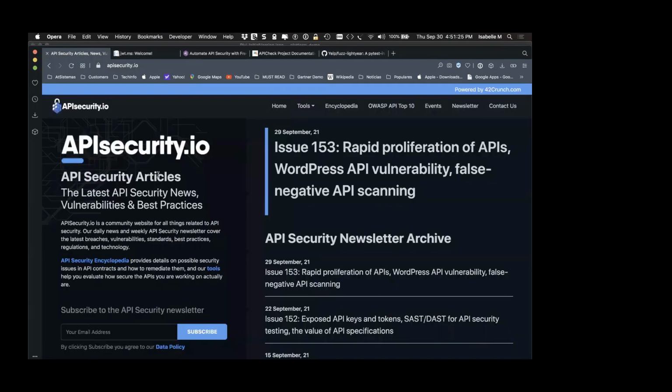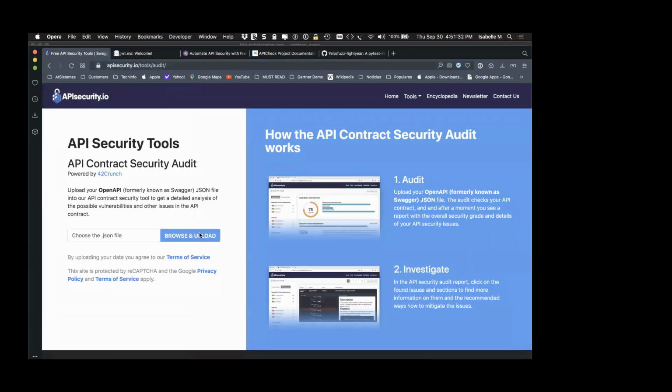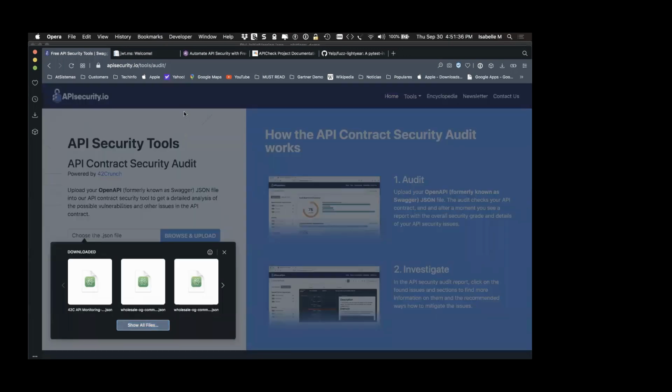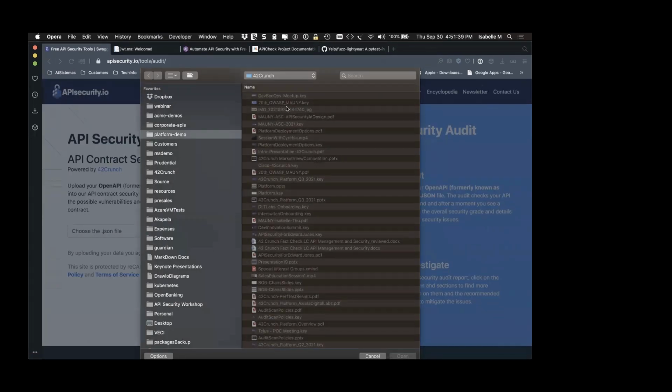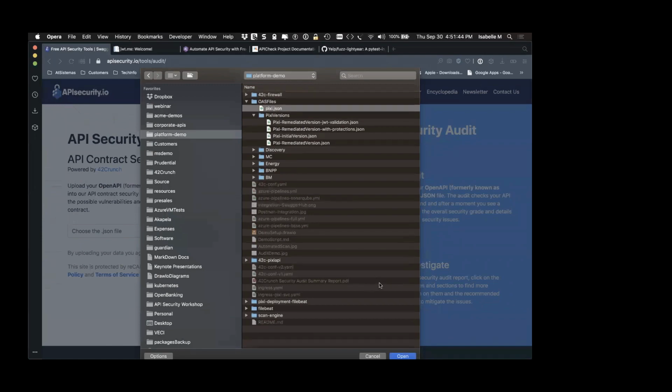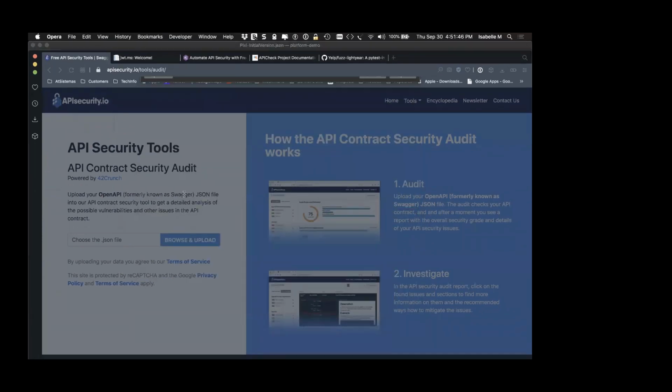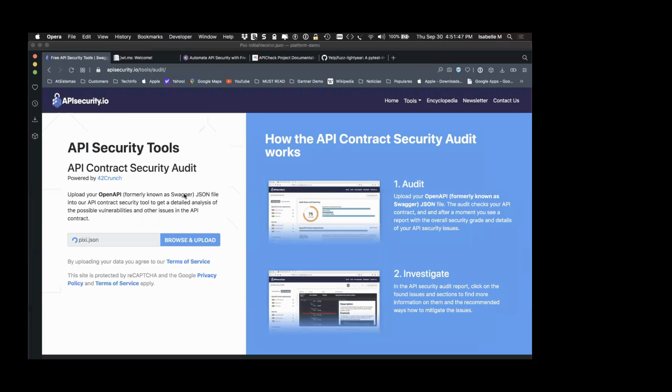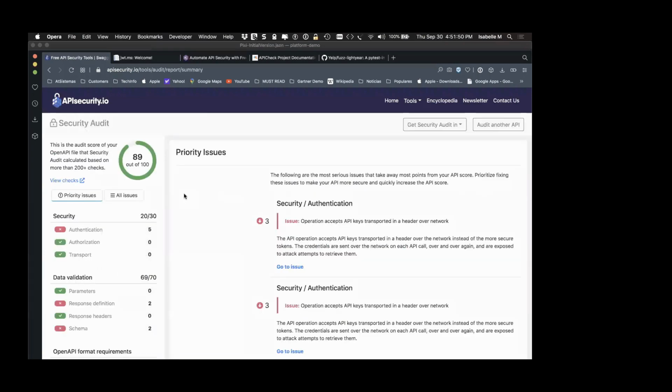So you have this tool online here at apisecurity.io.tools.audit. I can just go and browse a file in there. I'll take the same file I was looking at right now, which is this one, and open. This is going to send that file to our platform, and it's going to